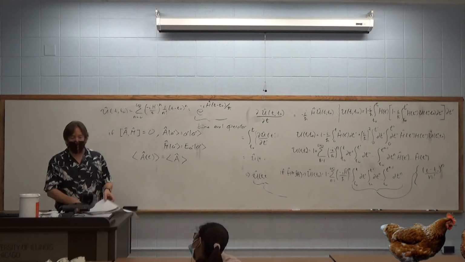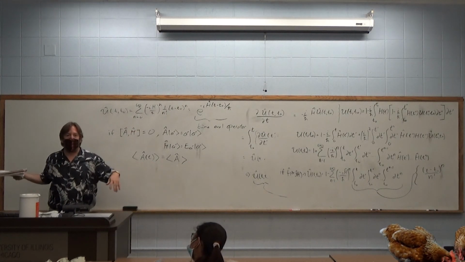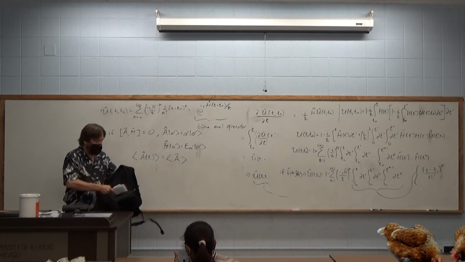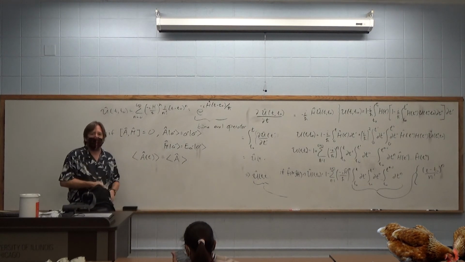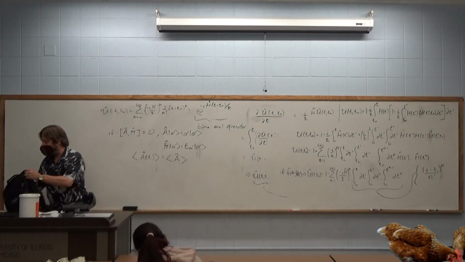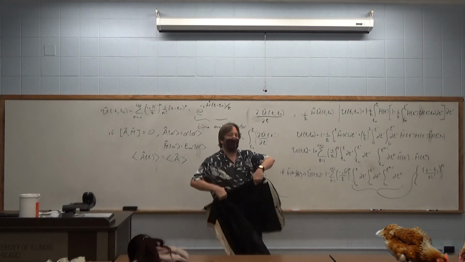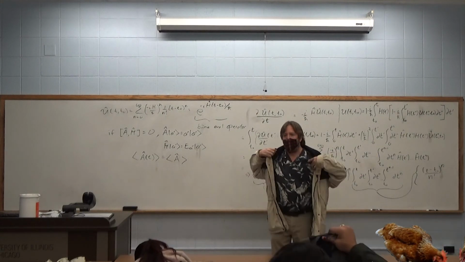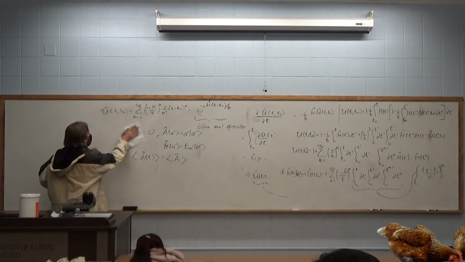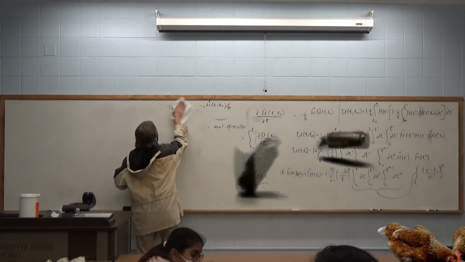Now this brings up kind of a really big deal. Why does anything change? Why am I moving right now? I can't move if I'm stationary. If my expectation values never change, if I never consume ATP, if I never move, then the universe is in a perfectly zero entropy crystalline state, and nothing ever moves. So I just showed you that eigenstates of the Hamiltonian don't move. There's no dynamics at all. So again, next time we're going to talk about why the universe evolves in time. Why am I talking? Why is the sun burning? That's because nothing is ever